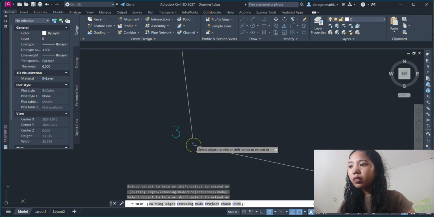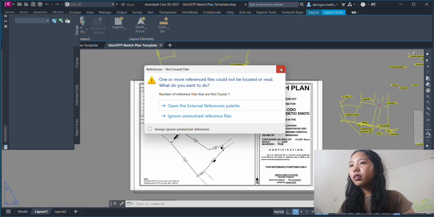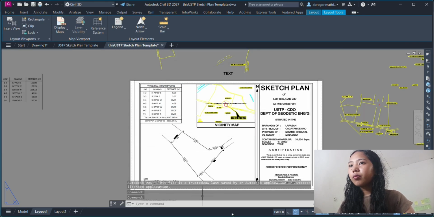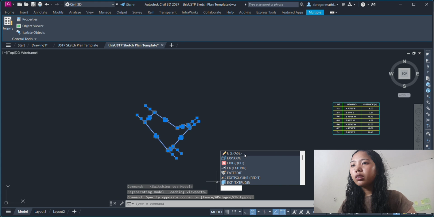Then after this, open the sketch plan template. Then X, close. Then go to model, then just erase this.